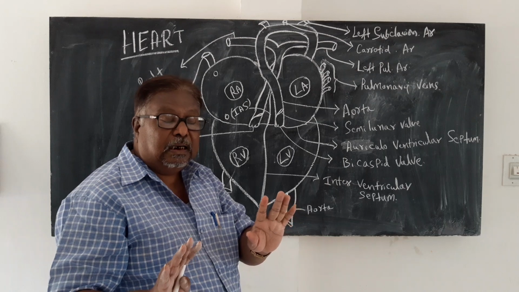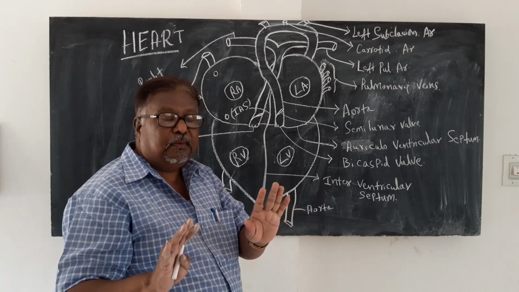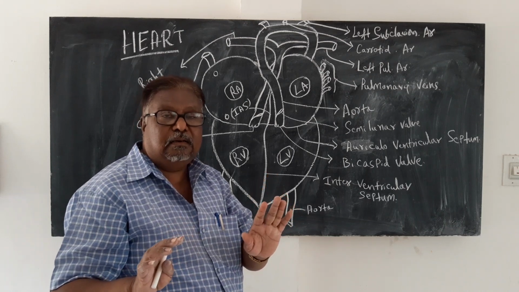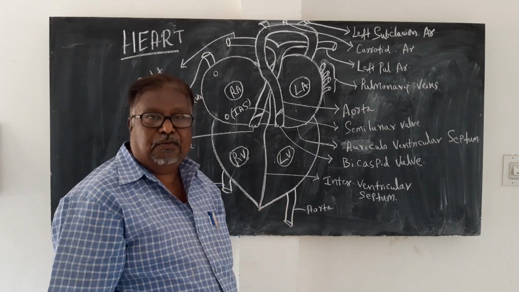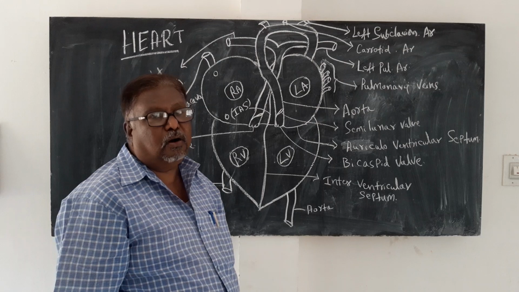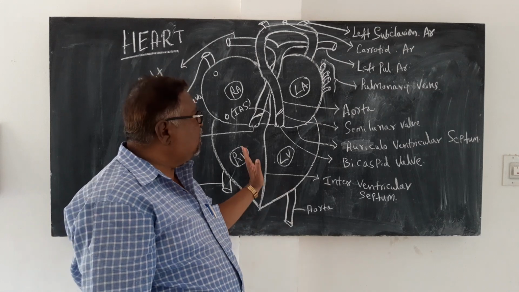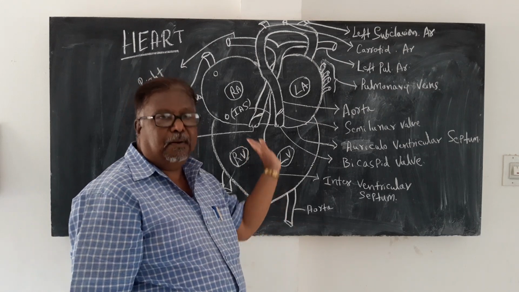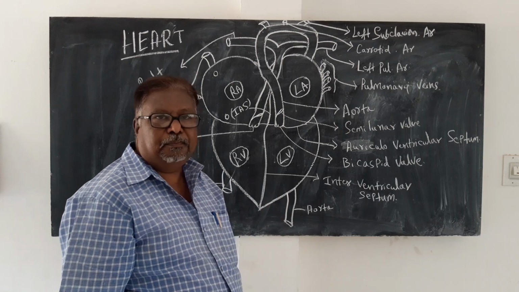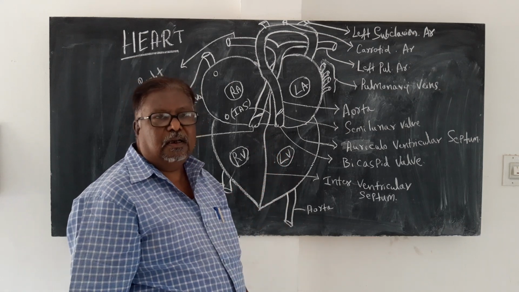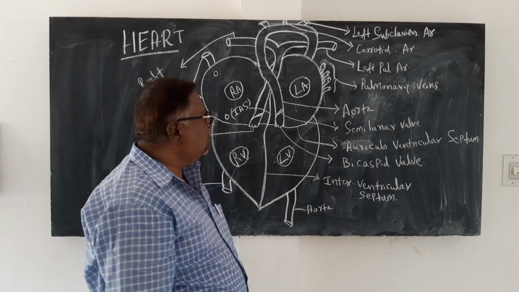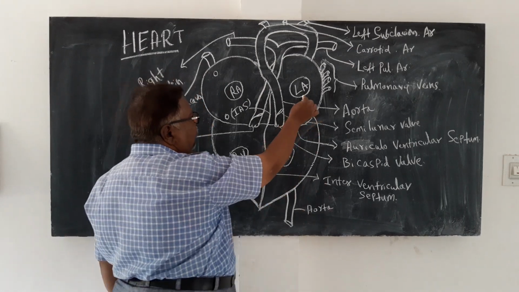The deoxygenated and the oxygenated blood are not mixed. The venous blood and the pure blood are not mixed here. The blood is separated and pumped to different parts of the body. So this is about the heart, the structure of the heart. Now the mechanism of the heart is like this. The left side of the heart